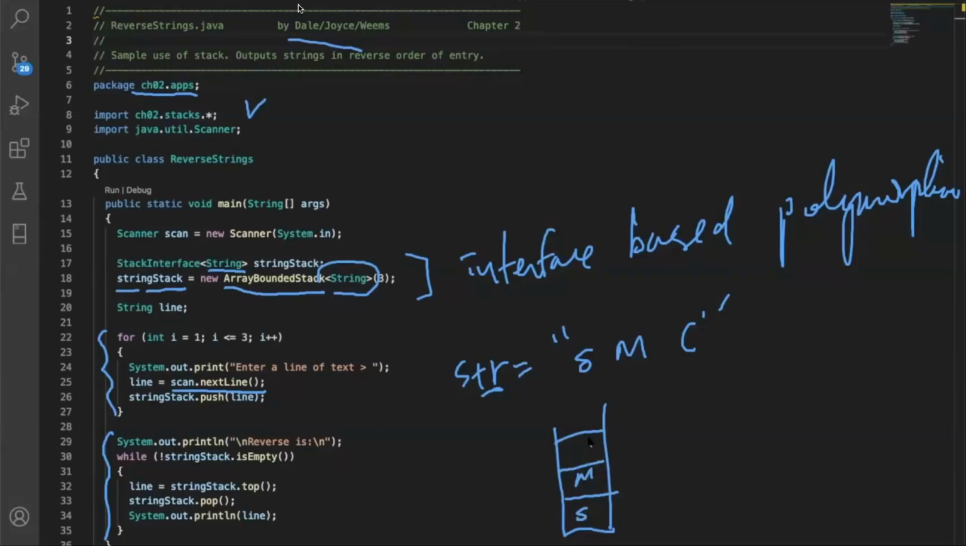The second one is M and C. This is the stack, a string stack from this point. You have this SMC now. In order to reverse the string, it's pretty